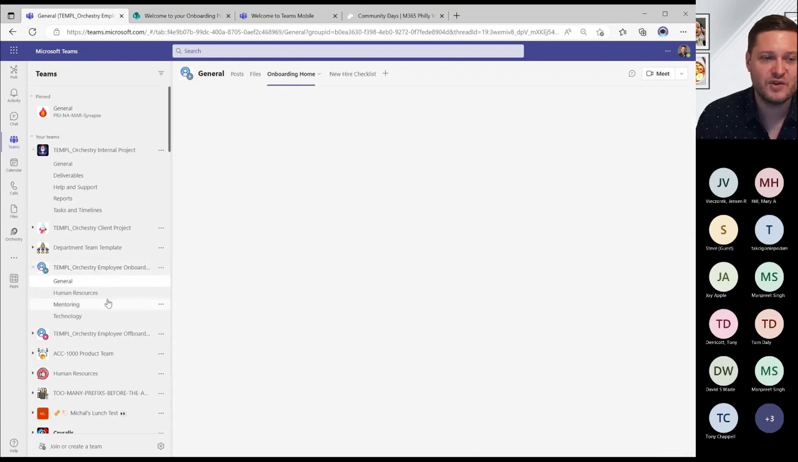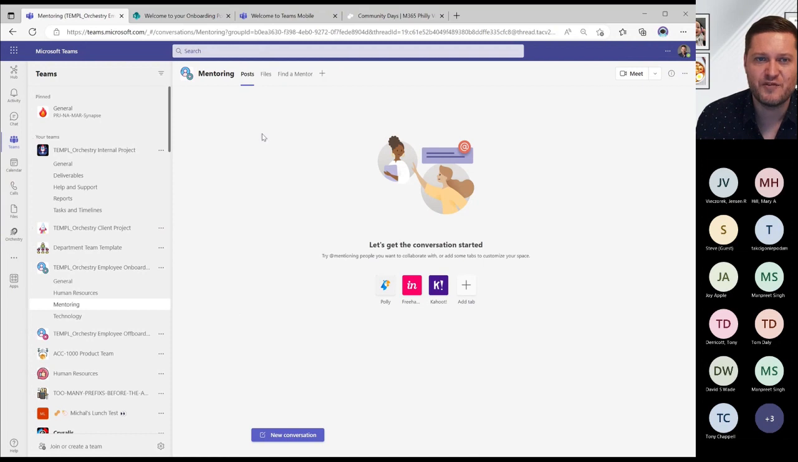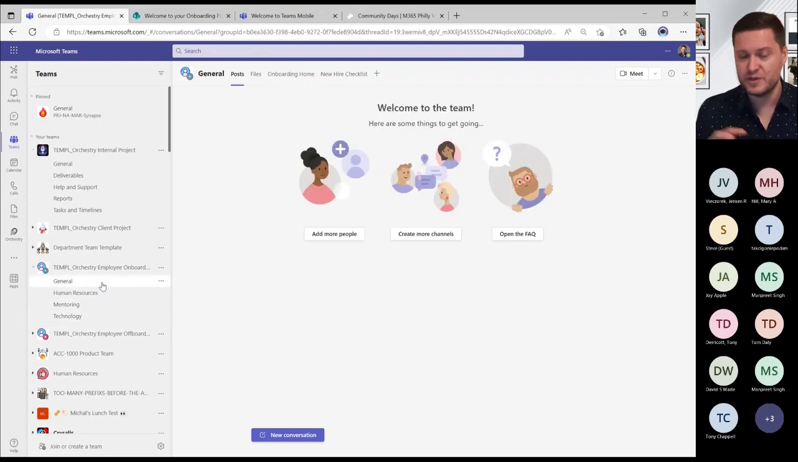Here for the team, we've got posts, files, the onboarding home, the new hire checklist. And then we've also got channels for the particular types of activities that people have to do as part of that onboarding process. So maybe for HR, there's a link to the learning hub or the course catalogs. Maybe for mentoring, there's a way to find a mentor through here. Maybe for technology, a little bit of information around using Microsoft 365 also. Pretty simple, but a pretty good example of structuring a team to be fit for purpose for